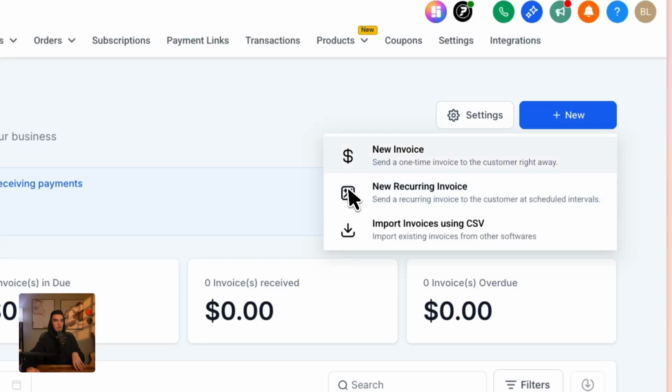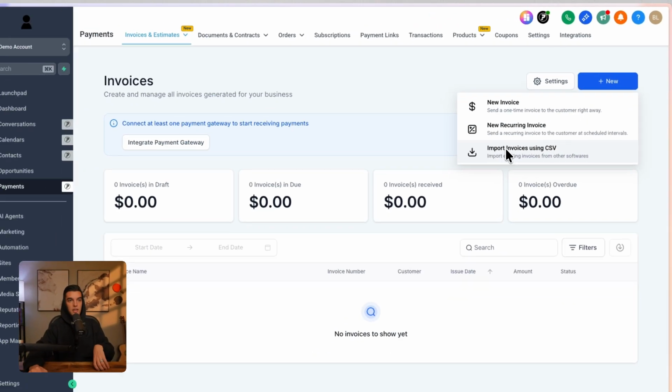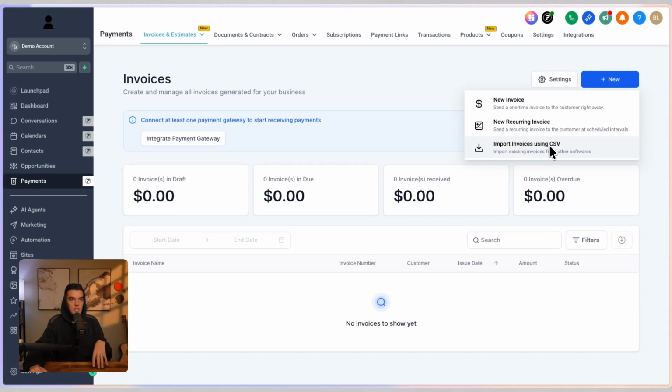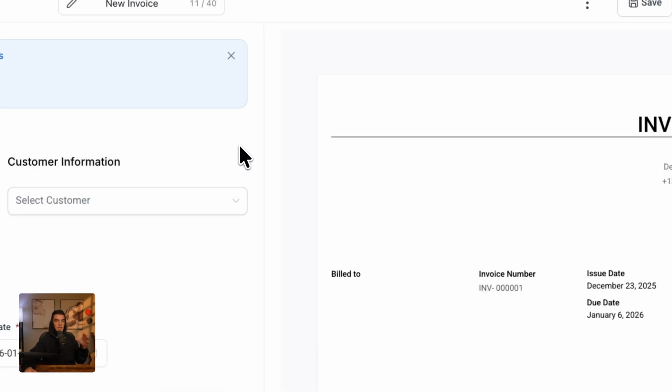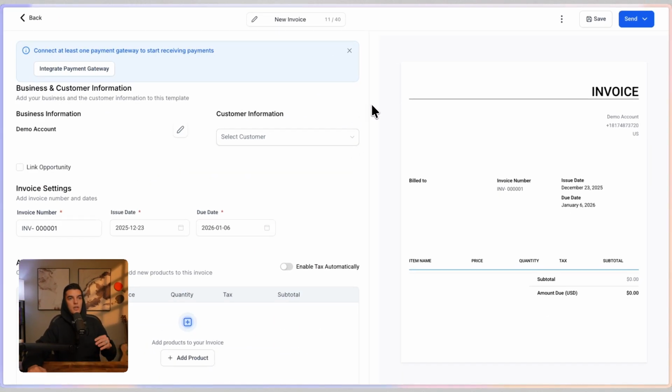Next to that, you can click on new. You've got 3 options: new, recurring, and import invoices using CSV from other software. So if we click on new invoice, it's going to take the default template that we have edited. And of course, we don't have a payment selected, so we won't be able to send anything from this account,